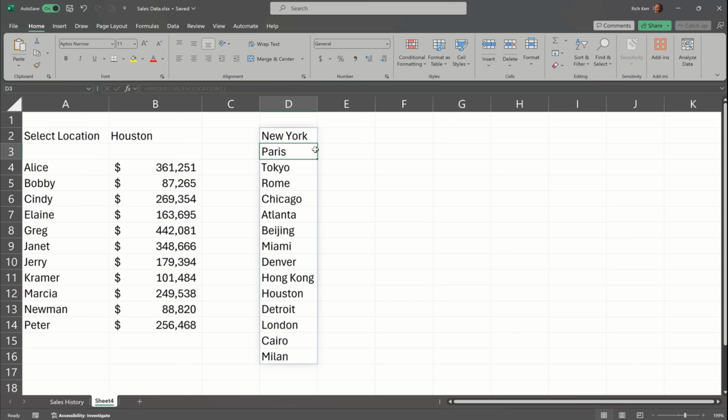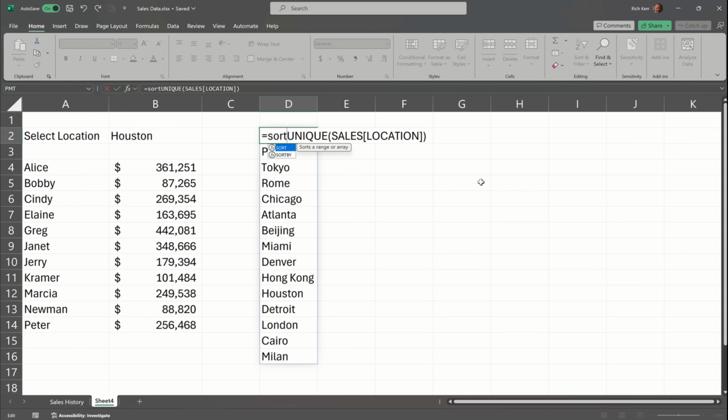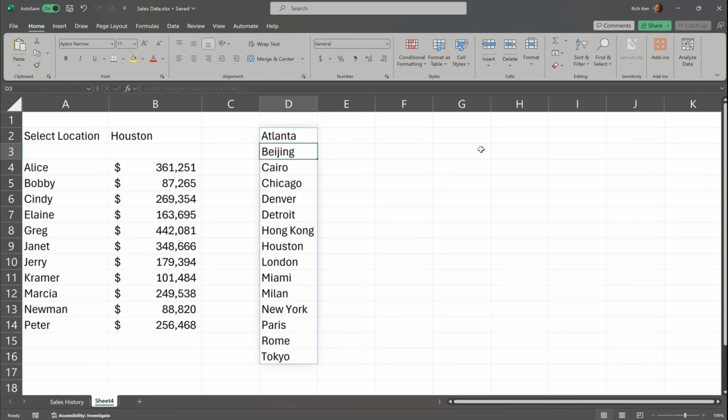Now, it might work even better if this list was in sort order. So I'm going to sort the unique list of locations. So now we have Atlanta first and Tokyo last. Well, that's great. But what does having the list here have to do with the user making a selection in